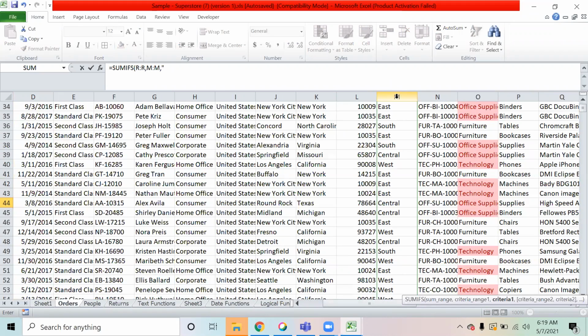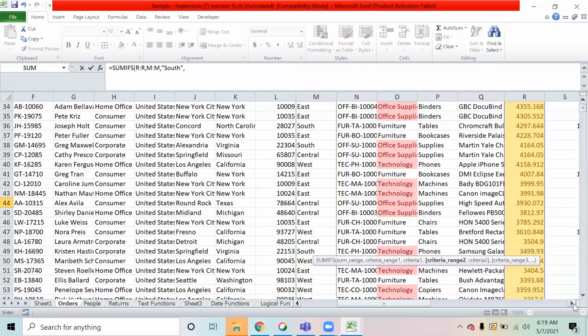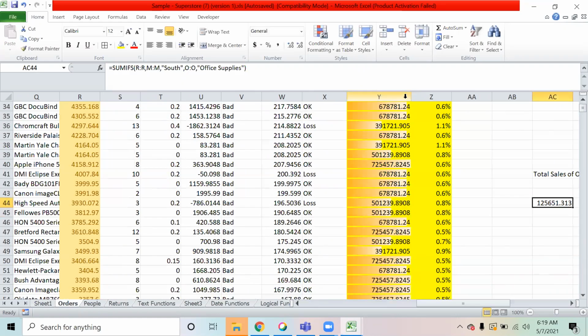Region is South, comma, then you have category, comma, that is office supplies. And you can find it.